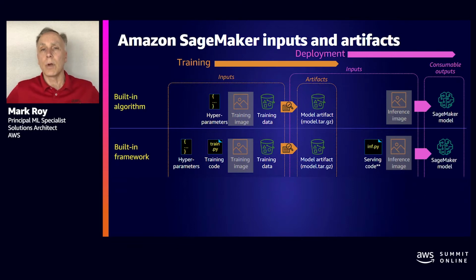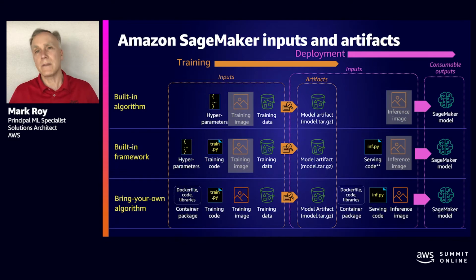The third and final approach is when you need even more customization, and this lets you bring your own container. So bring your own algorithm or container. You get to build a custom Docker image with exactly the environments and the frameworks that you need, particular Python packages, let's say additional data, whatever it is that you need. So in order to do that, what you have to add to your training and deployment steps is producing those Docker images. So you provide a Dockerfile, additional code and libraries, all of the steps needed to do that part of the build. So those are the 3 different approaches.